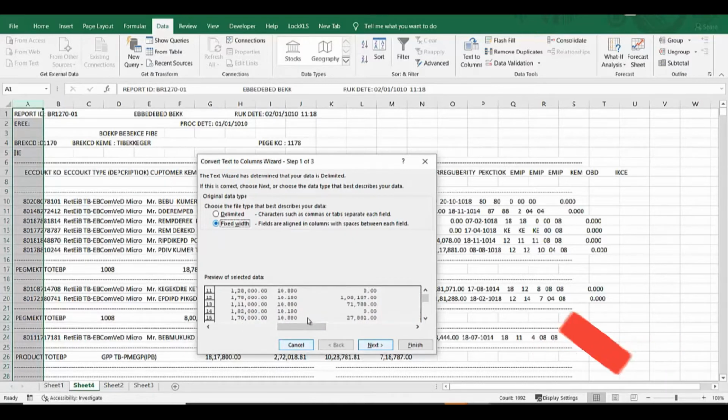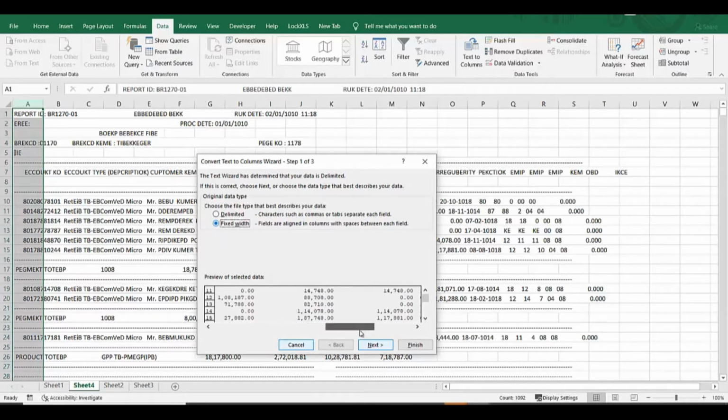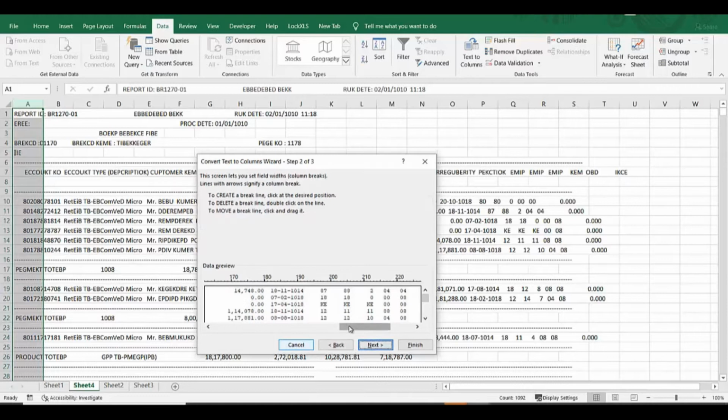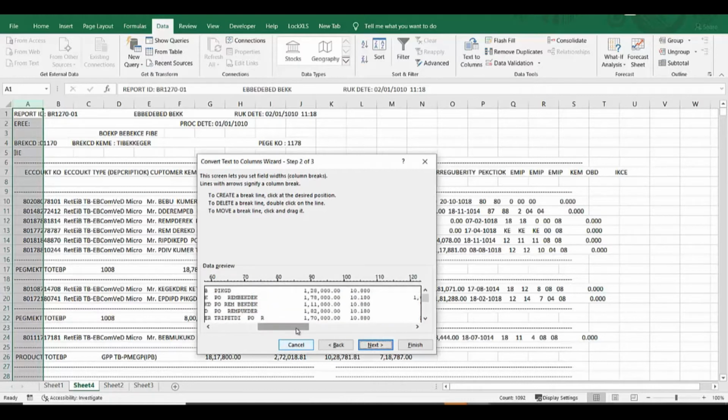Therefore, we have chosen fixed width and we'll click next. Now we'll click on the empty space which segregates the columns. It will draw a line. We'll draw lines for each column we want to separate.